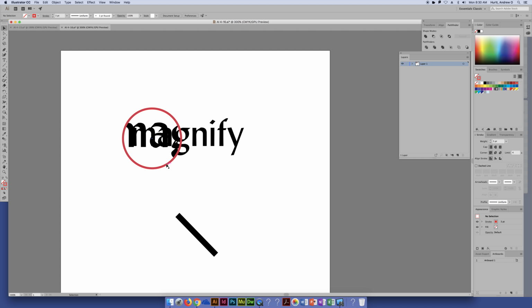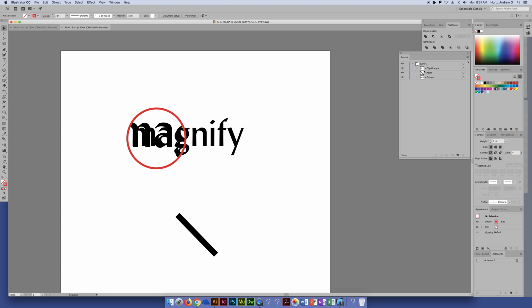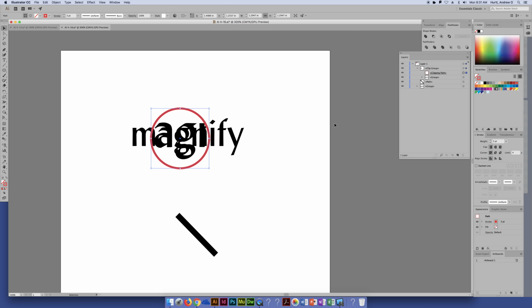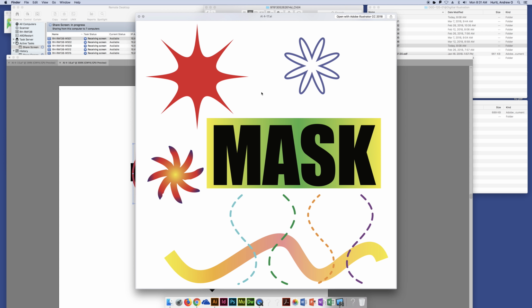So the idea, in general, is to have this, oops, as I selected all of them, going into our layers, go into our clip group, selecting that clipping path, and then it gives you this, I know this is really half of what you're supposed to do, and it looks really bad, but it gives you this quasi magnify effect. Once the illustration's all together, it'll make a lot more sense, and it'll actually look like an illustrated magnifying glass. And then lastly, the last part of the assignment, I'll show you very quickly,